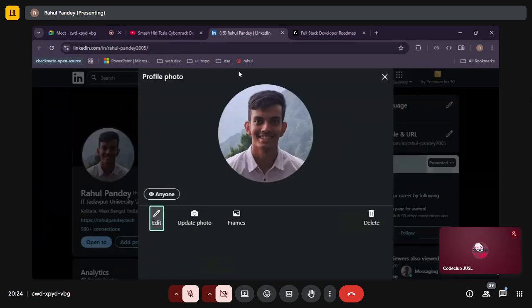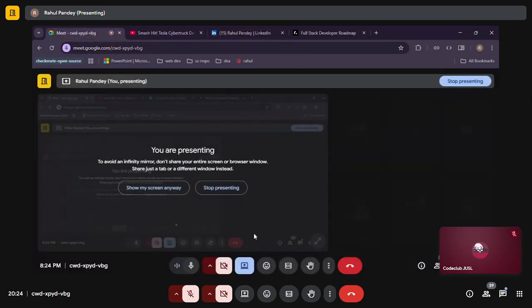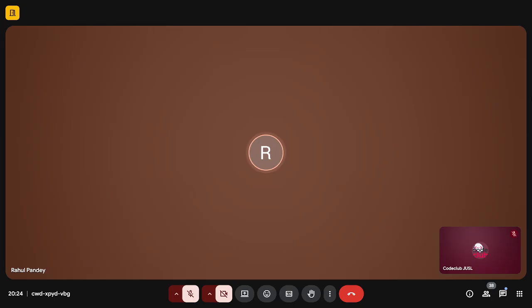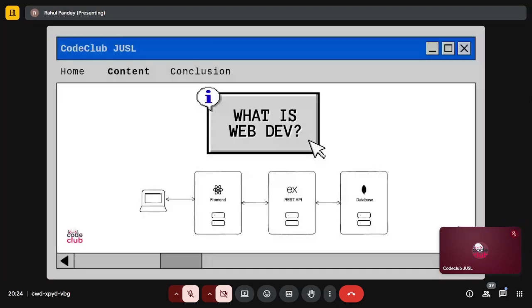But yeah, if you're interested, and especially if you want to become good at dev, especially at front end, if you want to do it well, then there is a lot of scope and there is a lot to do. It isn't just building designs and stuff like that. And yeah, I think that's enough for what is web dev.